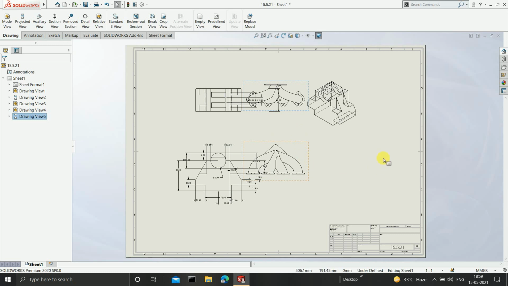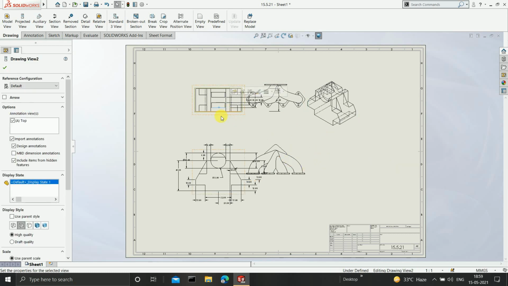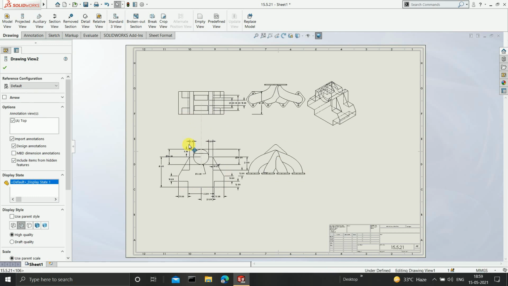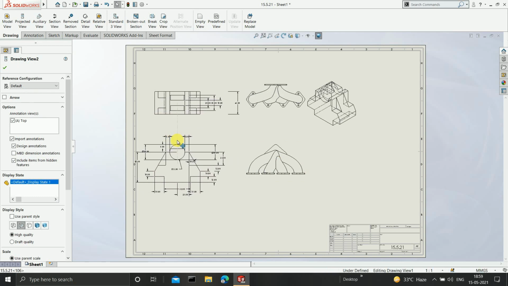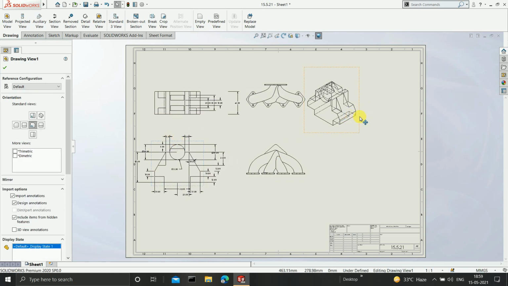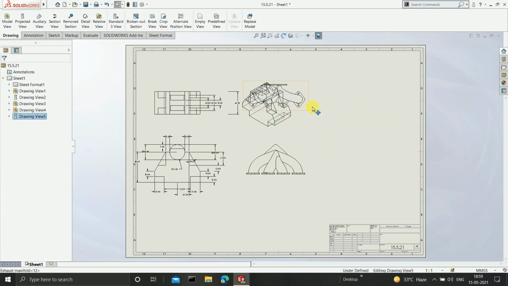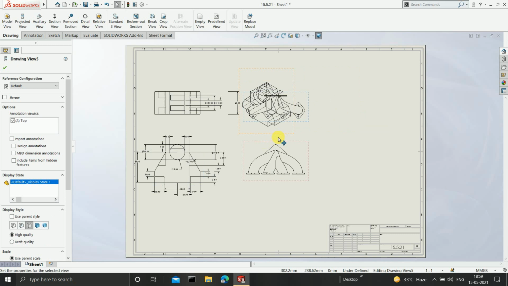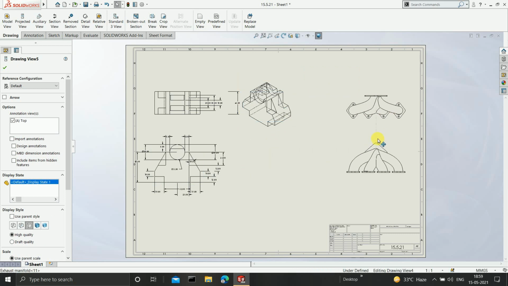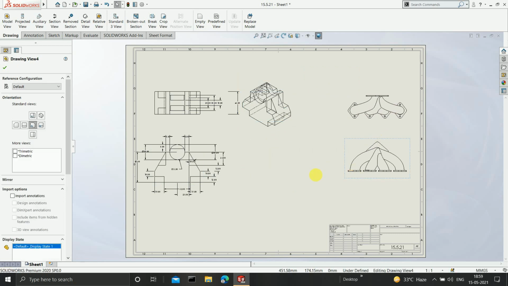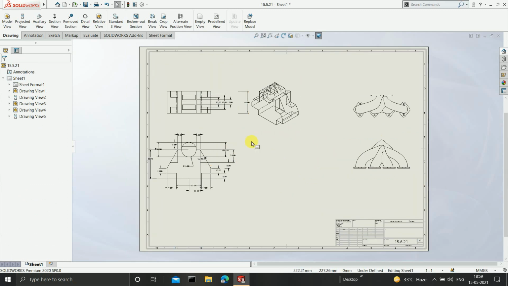And can you see here you have got the drawing of two different parts on the same sheet. Now you can observe over here that the drawings are overlapping with each other. So I'll select this, I'll select this and I'll move this. Can you see? Okay, I'll move this one as well, then I'll select this and I'll move it as well. Clear? So this is how you can move them as well.